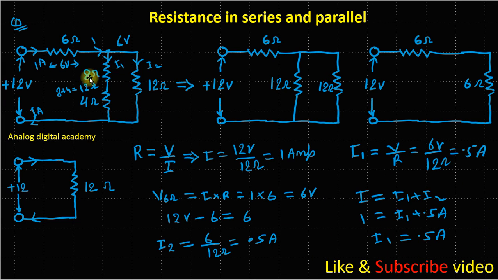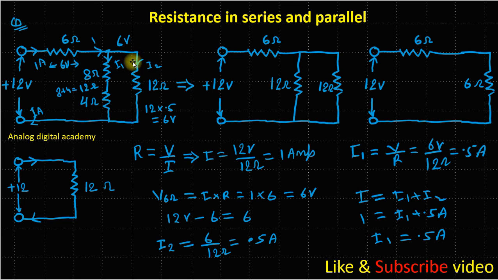There are two ways of calculating the answer. Now we will calculate the voltage across this. We already calculated the voltage across this resistance, so we have to calculate the voltage across this resistance. The same way we calculated the voltage across that resistance will be applied here. The resistance is 12 ohm and the current flowing through this resistance is 0.5 ampere. So the voltage will be resistance into current, which is 6 volt.